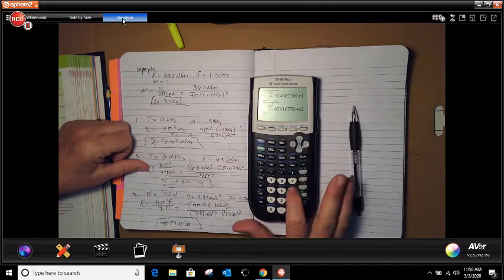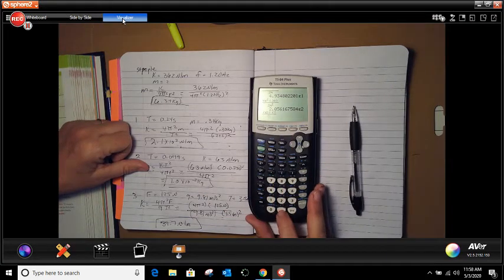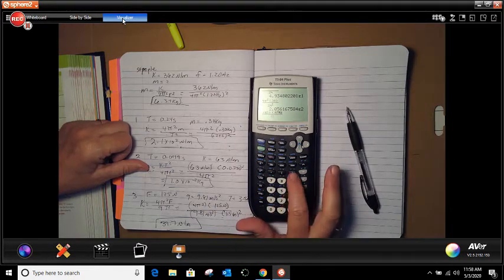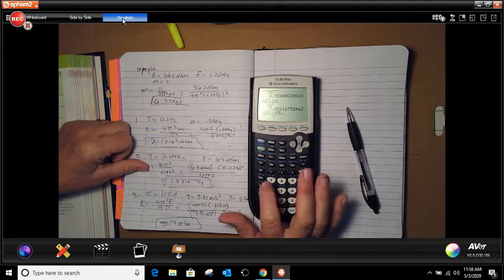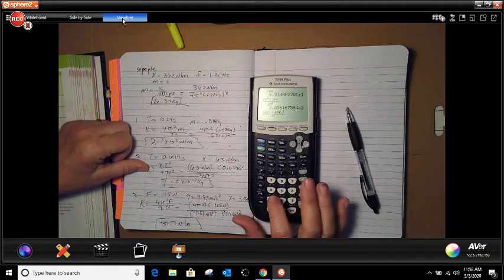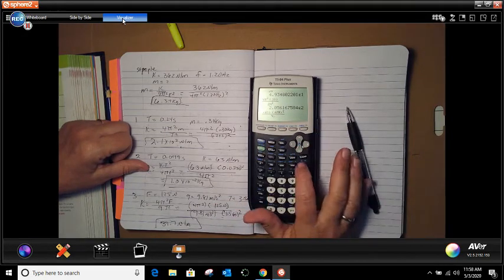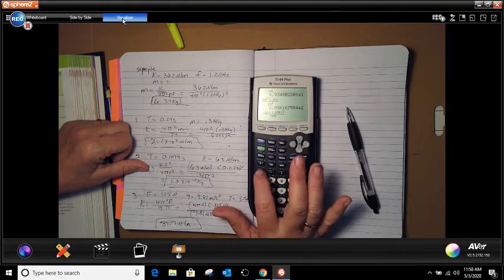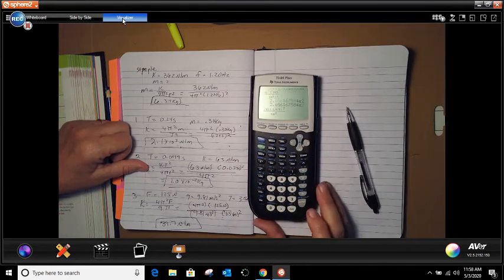We're going to do 63 times 0.079 seconds, and we're going to square that, and divide that by 4 pi, and we don't have a radius, so we're just going to do square, hit enter, and we get 9.5